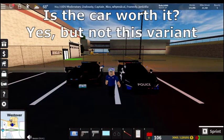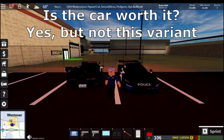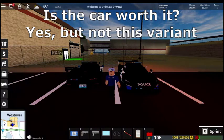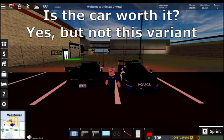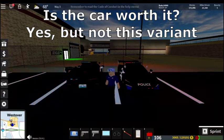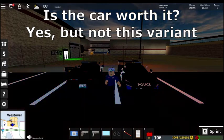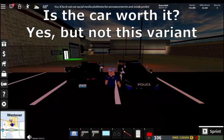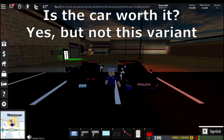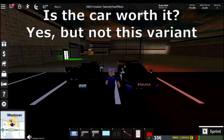However, the $2 million civilian counterpart of the Police Senna, the standard civilian Senna, is definitely worth it, because it performs the exact same as the Police Senna. So is the Police Senna worth it? Yes, but no. That's what I'm gonna say. It's not worth it if you're trying to get it as a vehicle to grind with. It'll just take too long to get. And by the time you get it, so long as you don't spend any money on other cars, you'd probably have enough money to buy a better car than the Police Senna. Like the Selena 7. That car is a lot faster than the Police Senna. Can outrun it